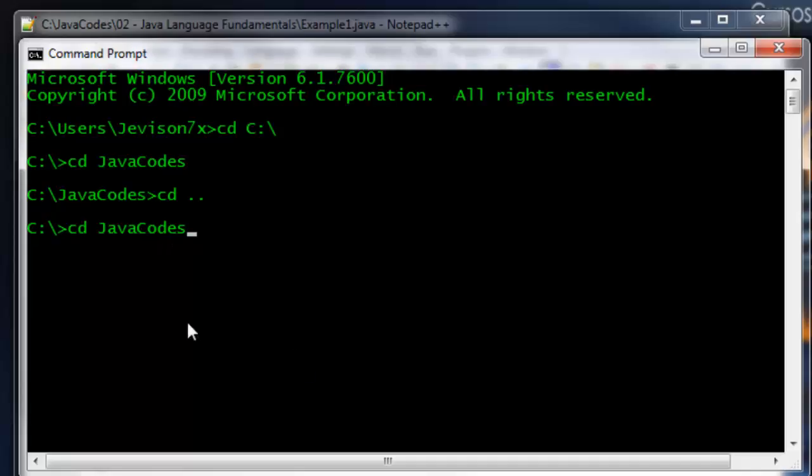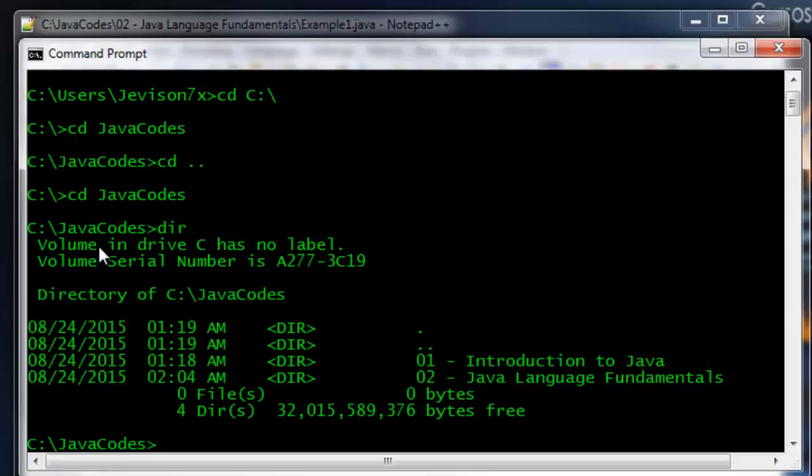And if that's the directory you are looking for, then you hit the enter key and then you are in that directory. Okay, and you can do dir. Dir is a command that is used to list all the contents that are inside the current directory that you are in, which is C:/java codes. So I do a dir, and then I press enter, and it says volume in drive C has no label, volume serial number is blah blah blah, directory of C:/java codes, and then what we have in here are these